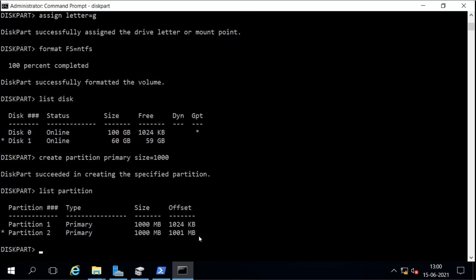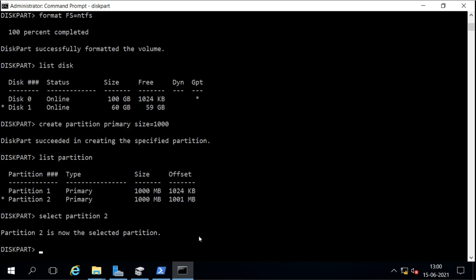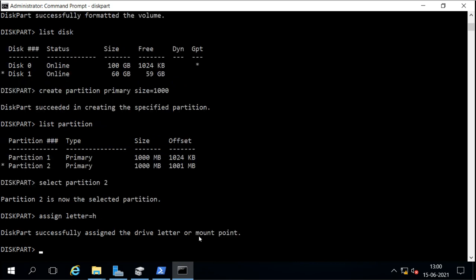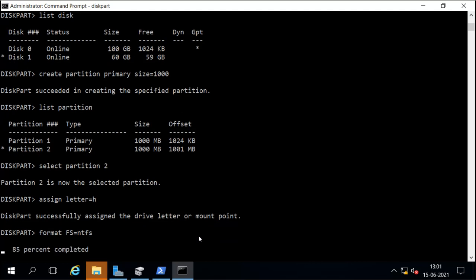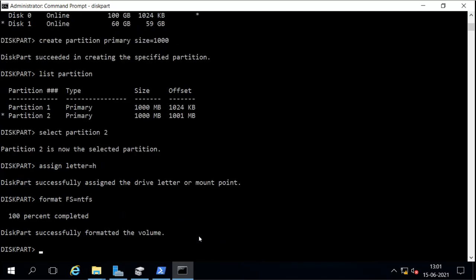Now I will select the partition number 2, and then I will assign the drive letter to it. Assign drive letter H, and then I will format it with NTFS file system. Now 2 partitions are created.